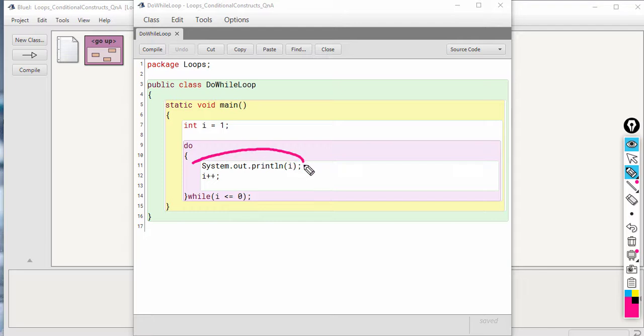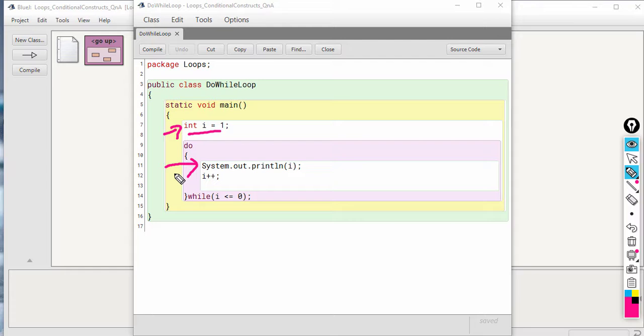And this is the loop body denoted by the curly brackets, okay? So initialization is happening here, update is happening inside the loop body, and the condition is being checked here, okay? So in this loop the control, let's say the line number 7 executes, I is initialized with 1, okay, and the control will directly enter inside the loop body without checking any condition.